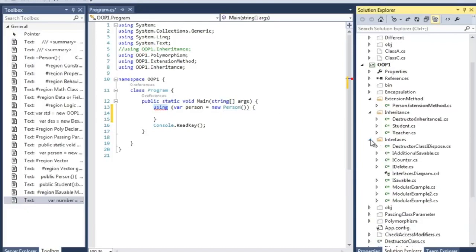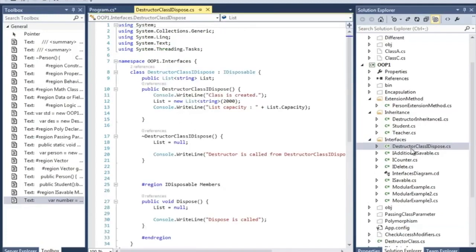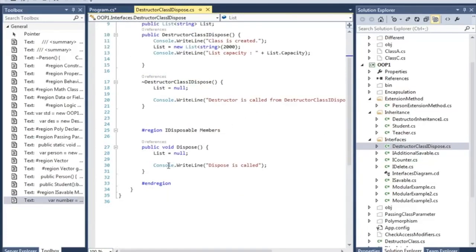If you go to these interfaces, you will see that there is a destructor class with iDisposable. When you implement the iDisposable interface, you have to implement a method called dispose.